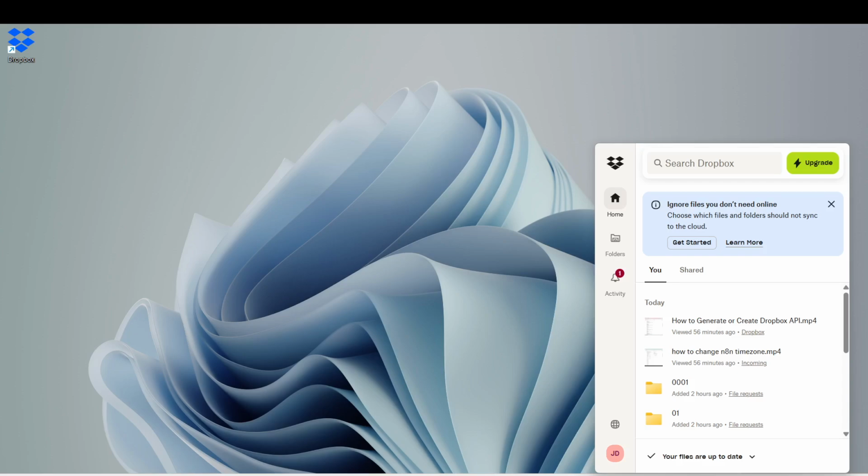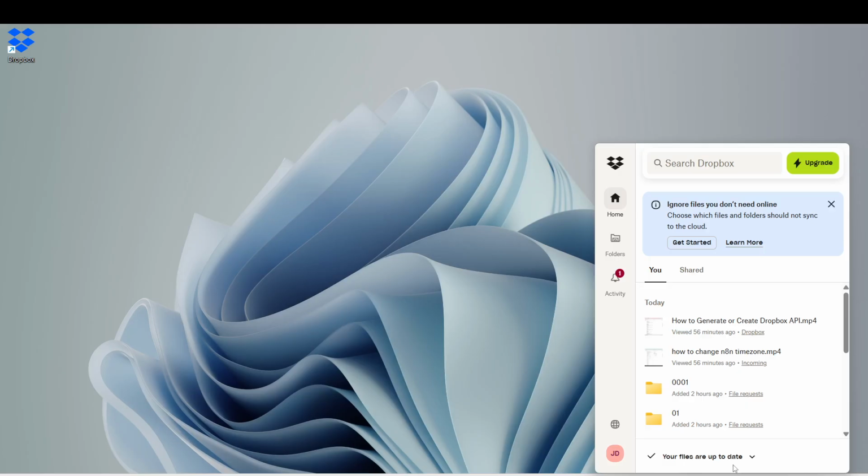Now click the Dropbox icon once to open the mini dashboard window. This action will provide you access to a snapshot of your Dropbox activity. The mini dashboard is visually simple, displaying essential information about your files and syncing status. Clicking on the icon will ensure that you are viewing the most current information available. It's a straightforward step, but very effective in giving you a comprehensive overview of what's happening with your files.